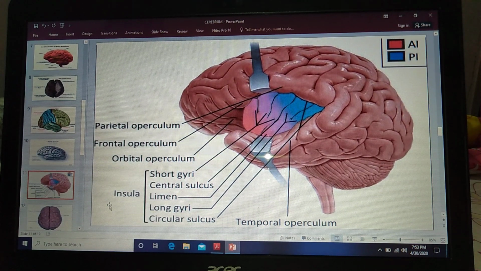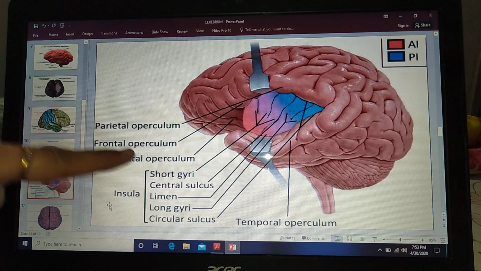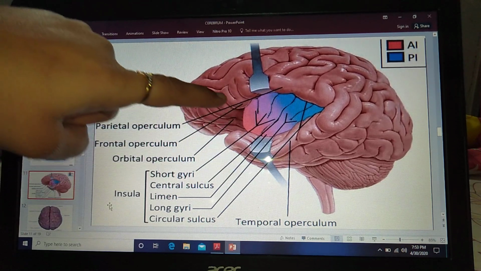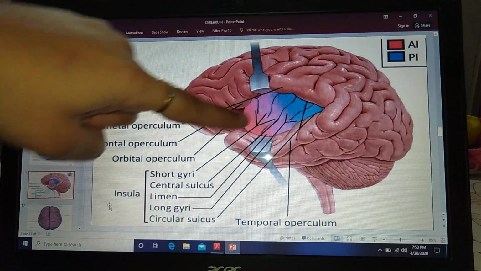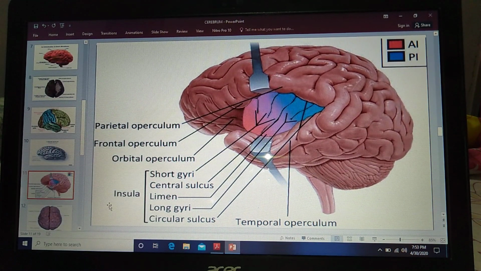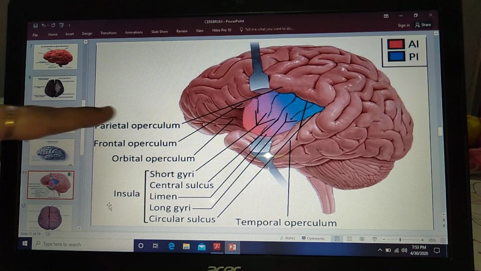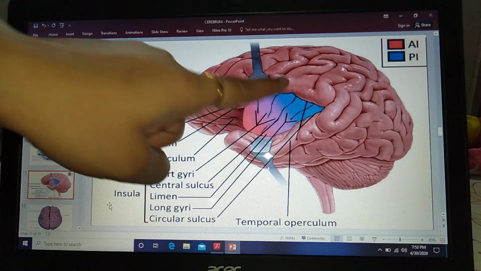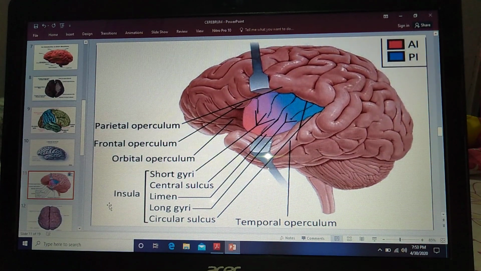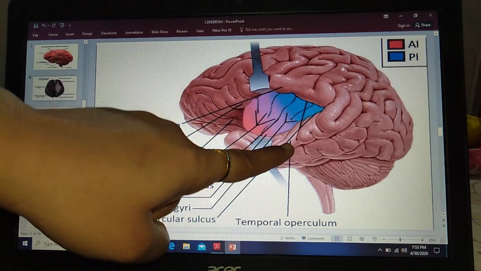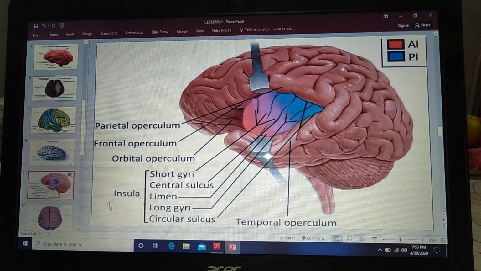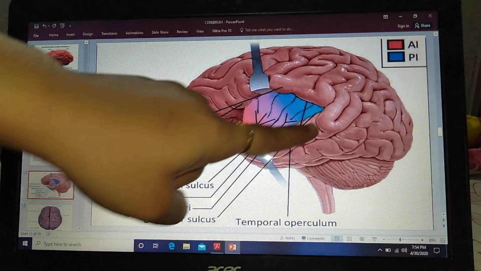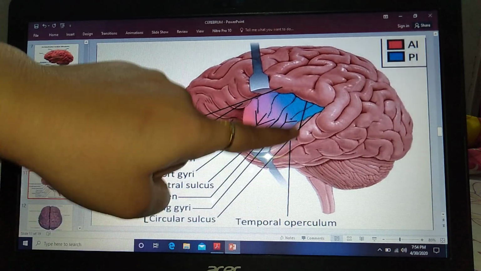Okay. Now, the insula is overlapped by the frontal operculum, here you can see, this is the frontal operculum between the anterior and the ascending ramus of the lateral sulcus. The frontoparietal operculum between the ascending and the posterior ramus of the lateral sulcus. And the temporal opercula, here you can see this one, between the posterior ramus of the lateral sulcus, formed by the superior temporal gyri. We will learn later about the superior temporal gyri. Just now remember, this is the temporal opercula.